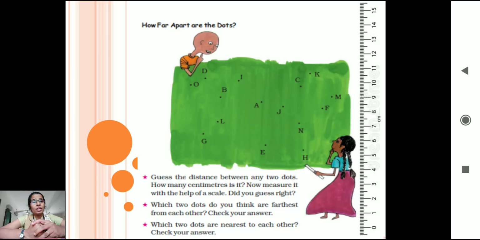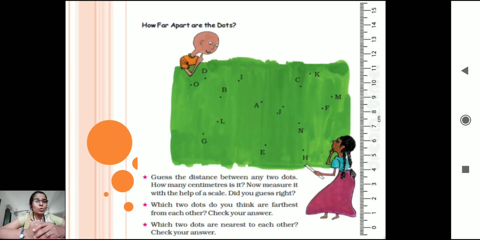Okay, so if we start doing that, how will we start? Now everybody has their textbooks, so you can also start calculating it. How will we do it? We have seen how to use a scale in the previous class. Yes? Same way, again we'll see how we are going to use the scale and measure the distance between two dots. Okay? Now, when we are measuring the distance, we will also see which is the longest and which is far from which alphabet.